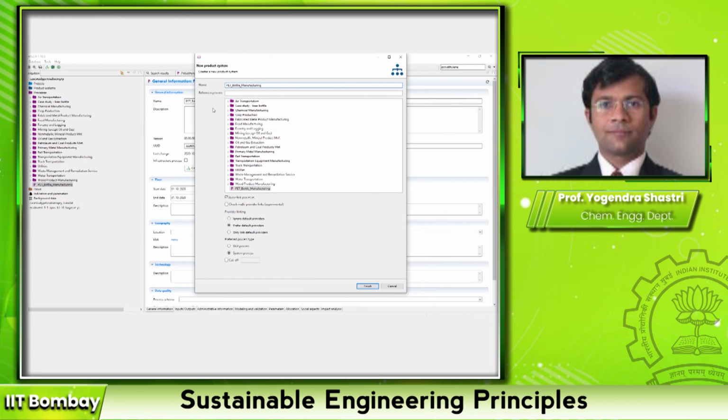What is the main process that this product system is referring to? We will go ahead with the process that we have created, which is PET bottle manufacturing. It is already selected by default, so we don't have to do anything. Now, this is where some selection options have to be made, and let me explain those carefully.